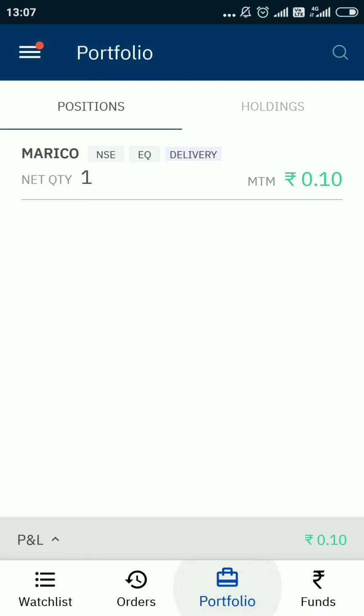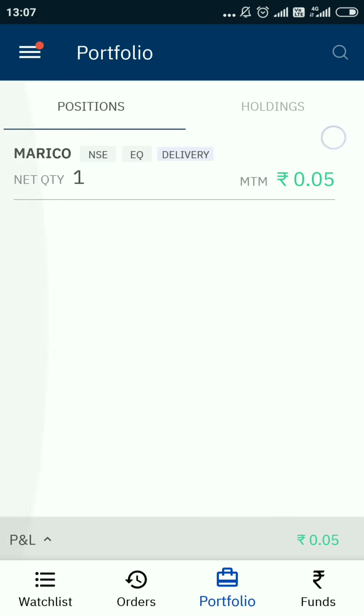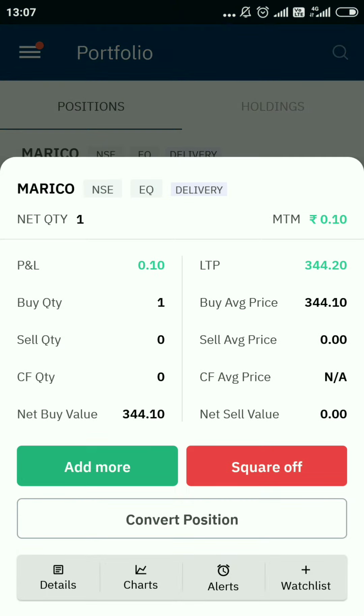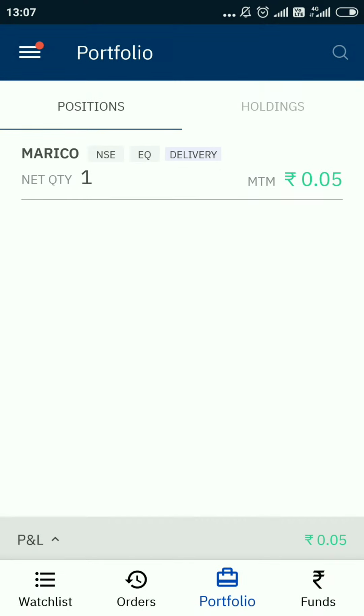So you have successfully purchased your share. Congratulations. And please do not bother about the thing that is appearing in positions. The numbers going up and down here, sometimes in red, sometimes in green, do not matter when you buy or sell a share from delivery. In delivery, please ignore these positions. After midnight, this positions tab will show blank, nothing.